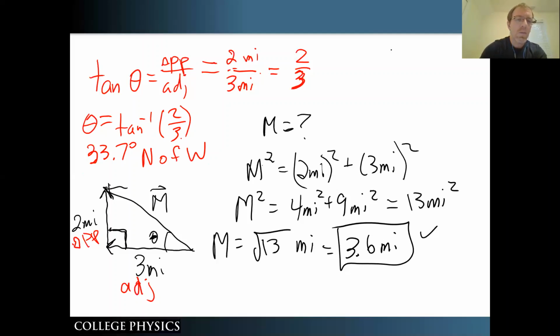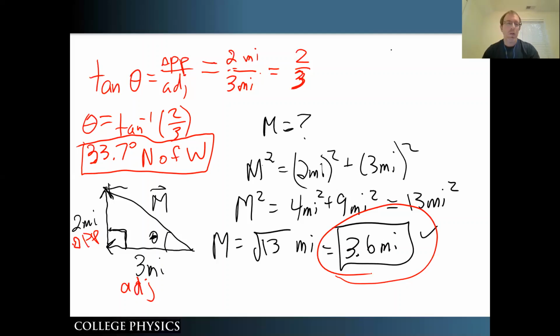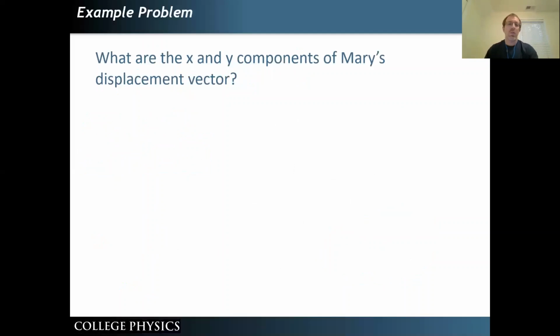All right. So the boxed information there is my answer for Mary's displacement. She is 3.6 miles from her starting point at an angle of 33.7 degrees north of west. And so that's my overall answer there for that question. All right. So lastly, we're asked, what are the x and y components of Mary's displacement vector? Well, we figured that out already. We said that Mary's